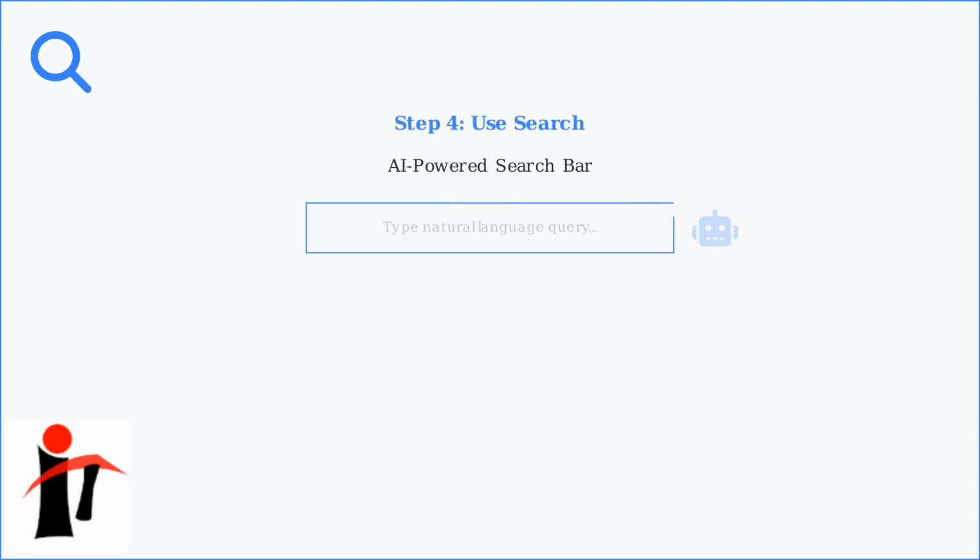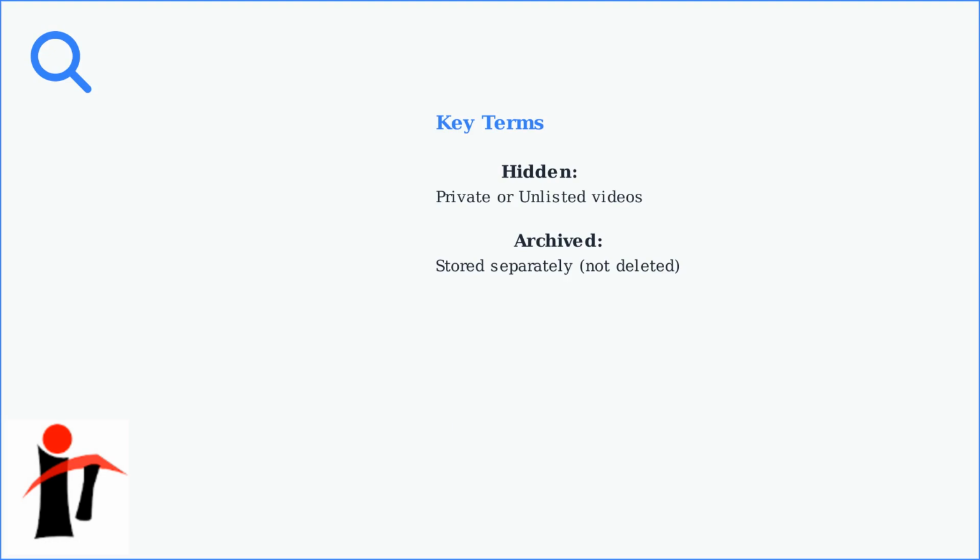If you know keywords from the video title or content, use the AI-powered search bar. Loom's AI, introduced in early 2025, lets you use natural language queries like "Find my Q3 sales demo from last year." Remember, hidden videos are those set to private or unlisted, while archived videos are stored separately to reduce clutter